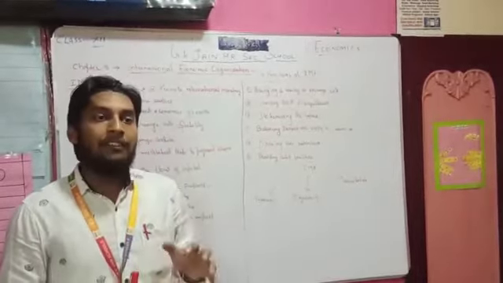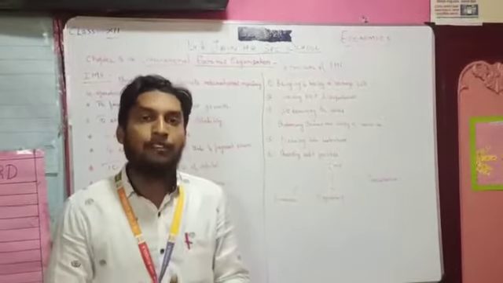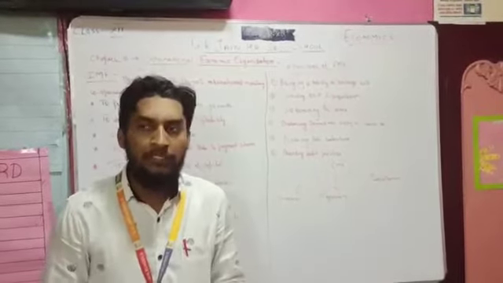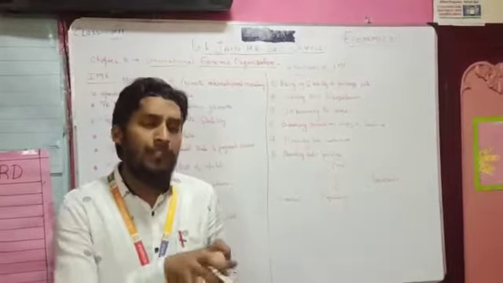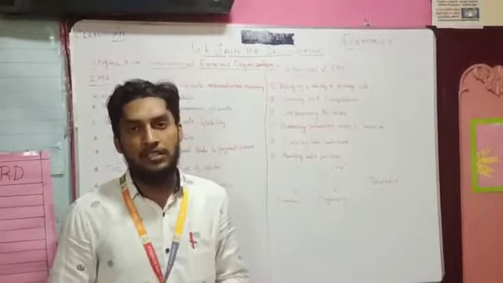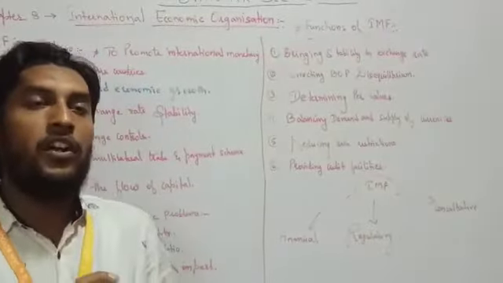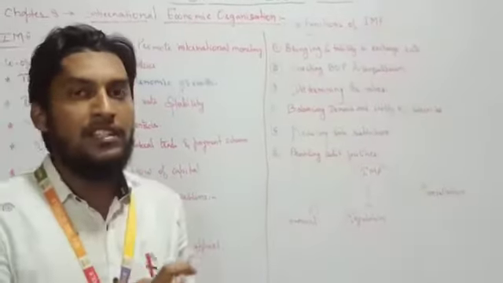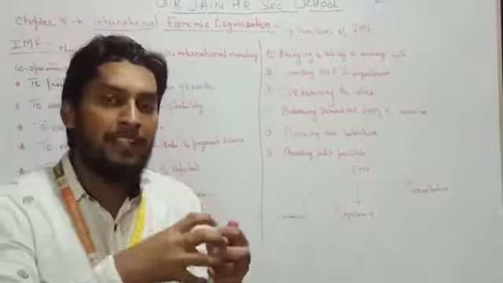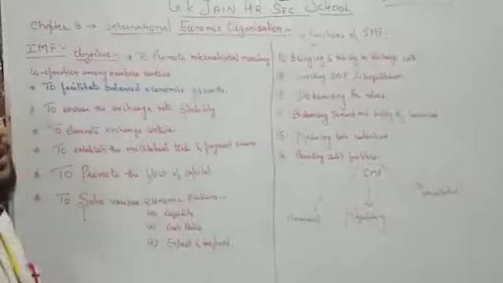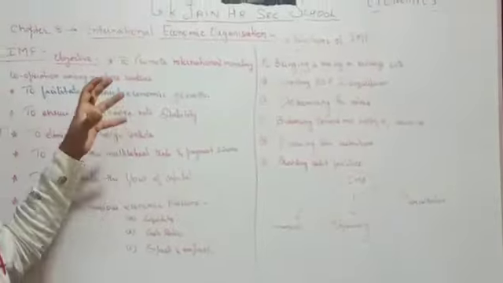All these troubles they will analyze, and if they exist in the member countries, they will try to solve them. For example, India is a member of IMF, and if anything goes wrong, if any country cheats India, this IMF will come forward. For example, India needs some kind of money, some kind of loan, and the World Bank is not giving it, or any other organization is not giving it. IMF will come forward and give financial assistance. In order to understand the monetary value, the IMF was set up so that the monetary problems in the member countries can be solved. Let's see the objective behind why this IMF was started.